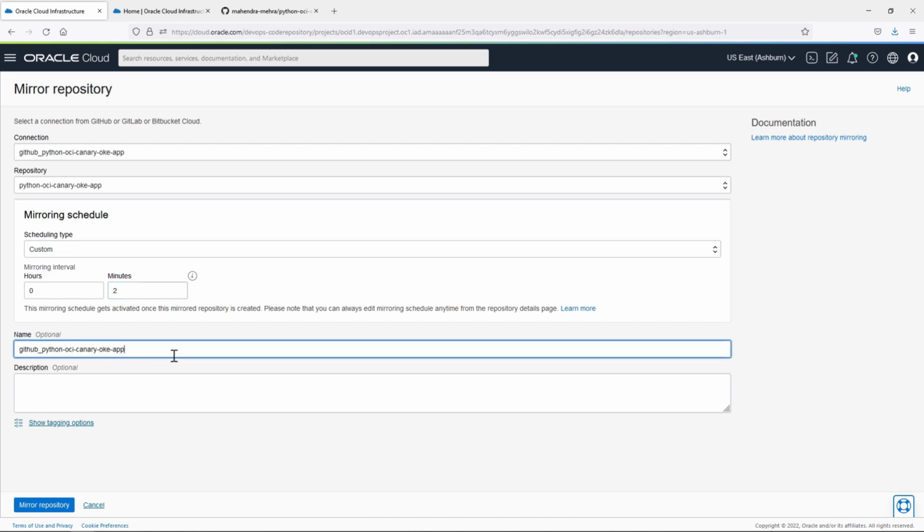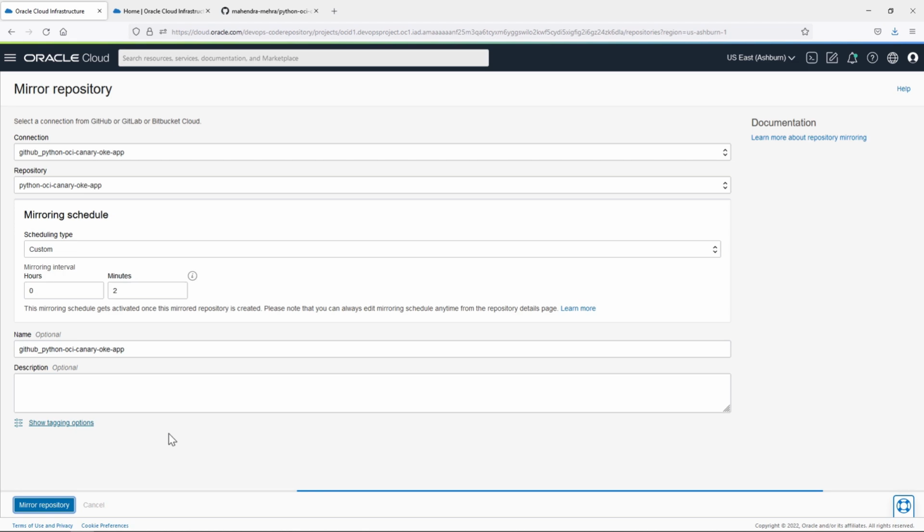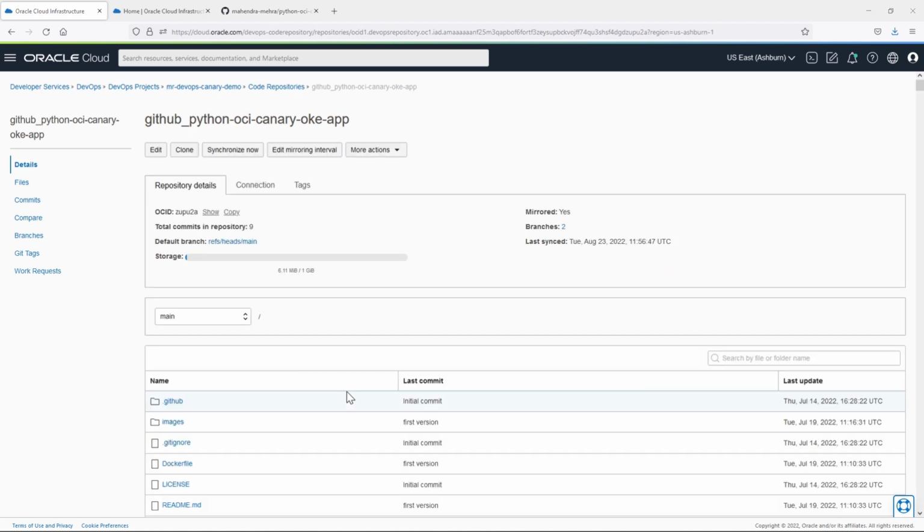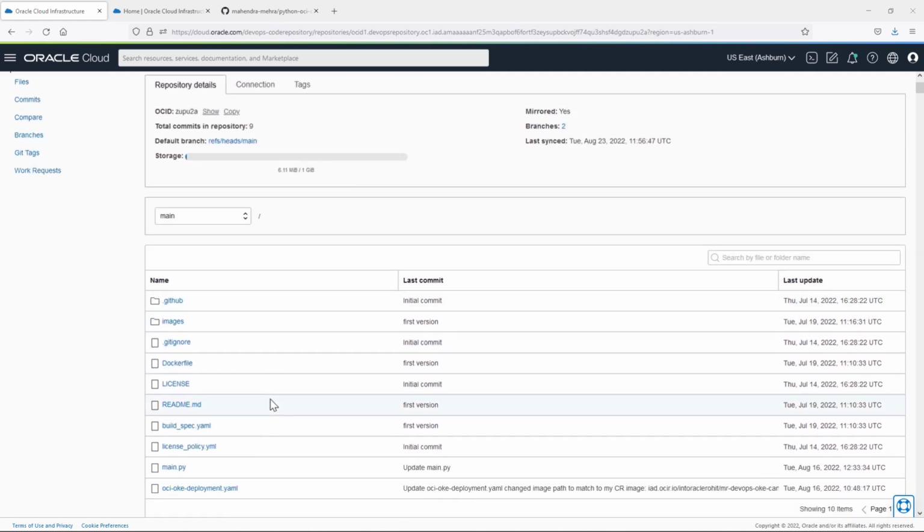Let's leave the name as it is, the one that is generated by default, and let's click on Mirror Repository. Alright, so as you can see, the mirroring is in progress. It will take some time before we could see all the files from my GitHub repo over here in the code repository. Alright, so as you can see, we have all the files pulled from the GitHub repo into the code repository